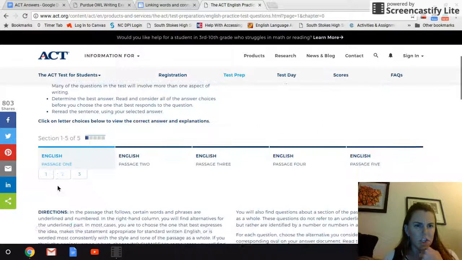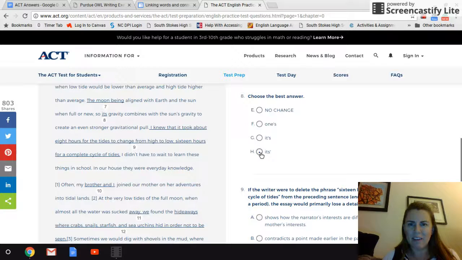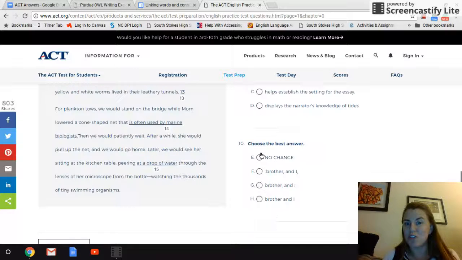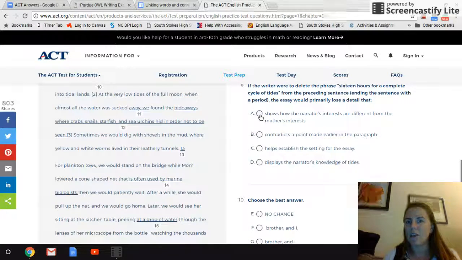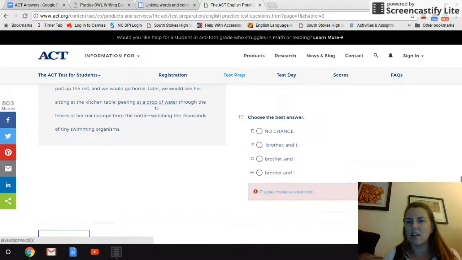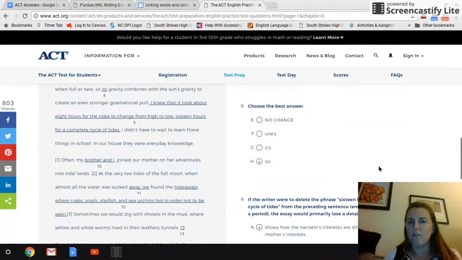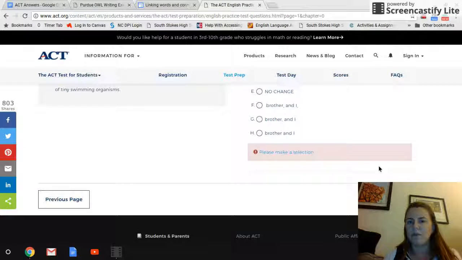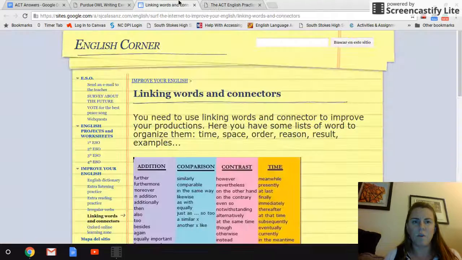So use these to your best, and it will even give you the right answers at the end. It will even score it for you. So it's awesome. It's interactive. You can type in your answer and then click answer, and it will correct them for you. It will give you the right answer. All right. So use that if you want more practice.